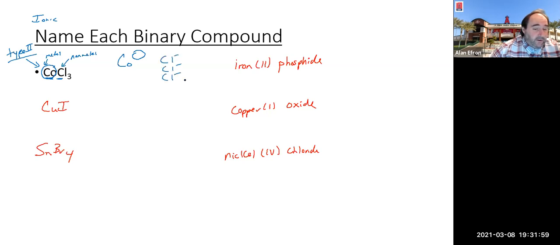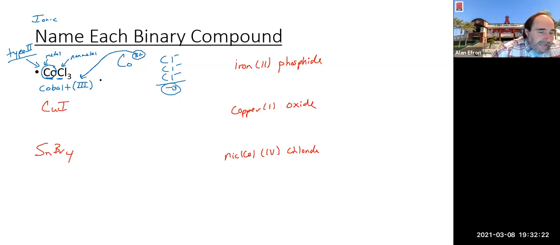So if we just draw them out, that's a grand total of -3, which means the cobalt in this case should have a positive 3 charge to balance it out. Then we use the whole name of our metal, which is cobalt. We do need the Roman numeral to indicate in this particular case, we're dealing with the cobalt with a +3